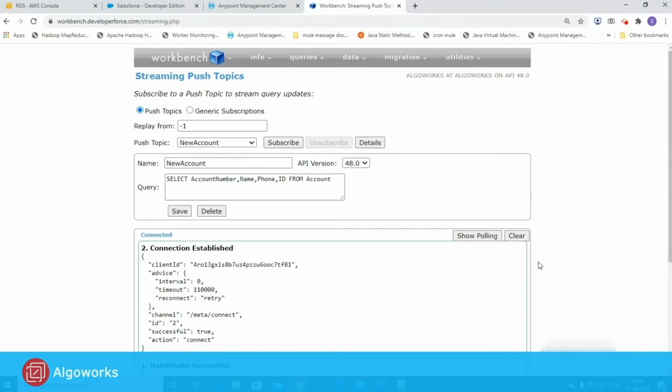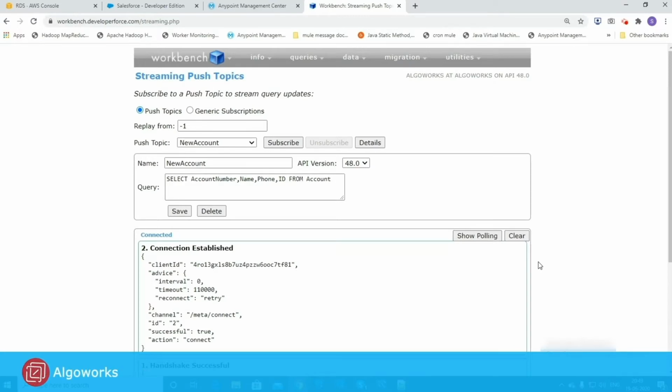For this we are using Salesforce streaming API, which follows event driven architecture, which means that whenever the event occurs, we are notified. So it's like publish subscribe pattern. When someone publishes or broadcasts the message, the subscribers are notified. So now coming back to our demo, consider Salesforce as our publisher and AWS as our subscriber.